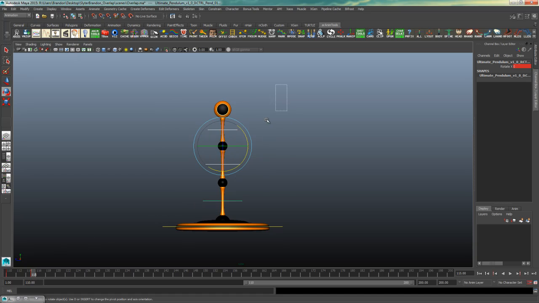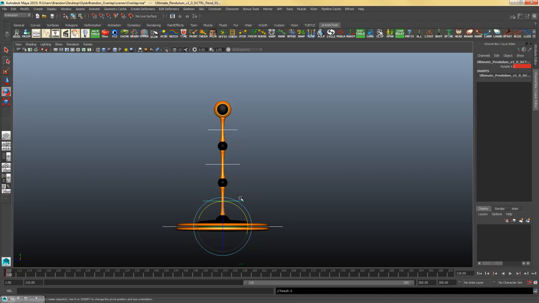Actually, you know what? We could probably just delete that. So since we're on 110, same thing. I'll select all these controls, right-click over 115, hit delete. Make sure frame 110, everything is selected. Hit S. Zero these out. Rotate this 180 degrees. Alright, so we got our pose here,